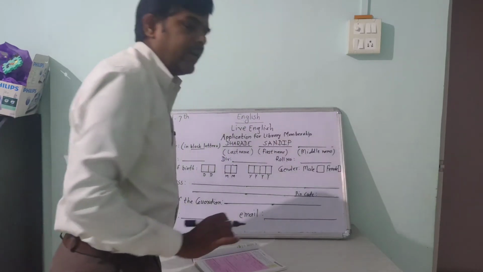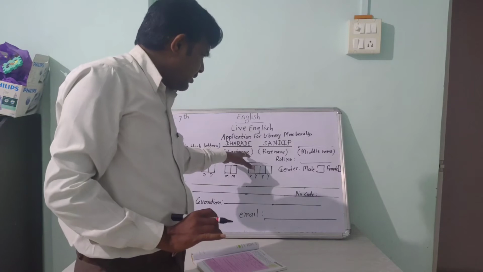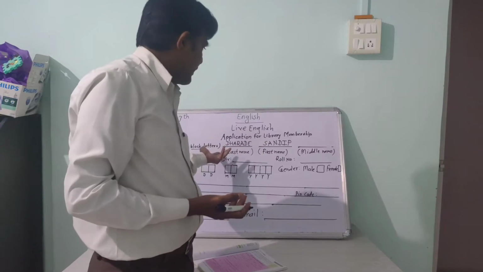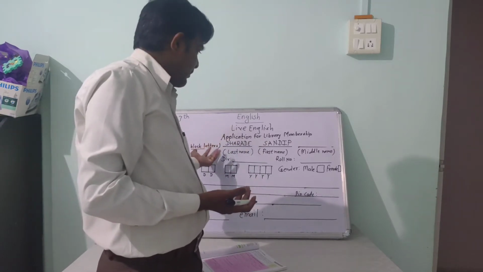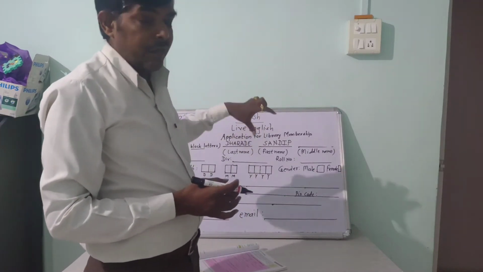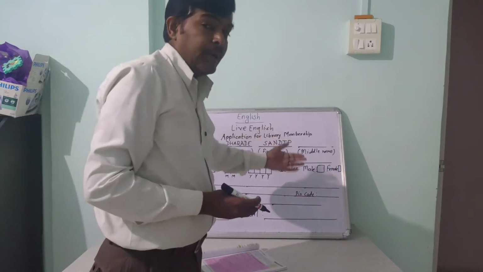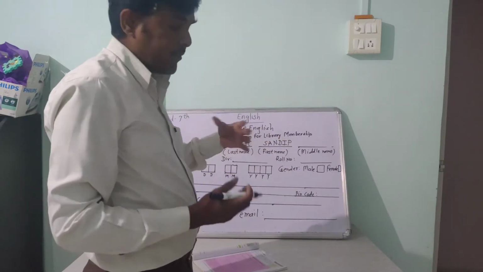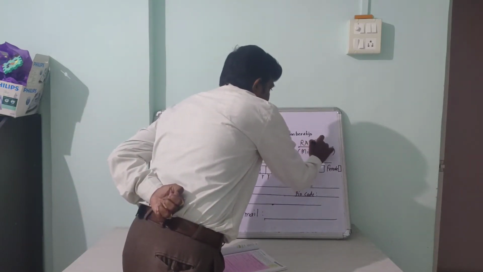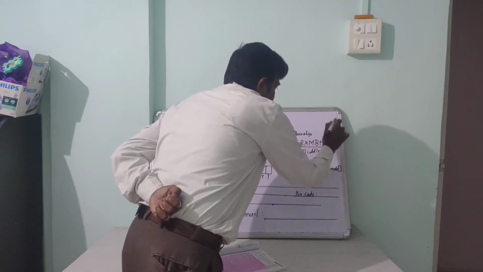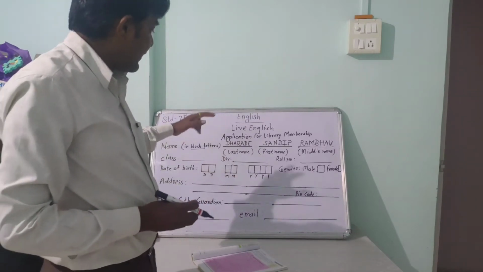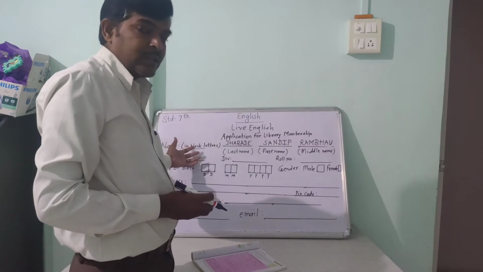Most of the time, if we never pay attention to those brackets, then we don't have any idea, and maybe sometimes we begin our name from our first name, and there will be mistakes. So be careful while filling such forms. Then middle name means we have to write down the name of our father. So look, now I completed my first field here. Don't forget all the instructions while writing our name.